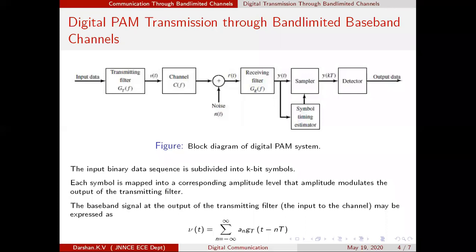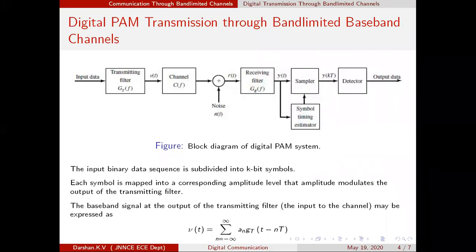Each symbol would be converted into a pulse of the corresponding amplitude. So over a period of time, you do not have a single pulse, you have a set of pulses, and that you are supposed to understand. Every pulse will originate after a duration of T, or in other words, after T seconds one pulse would be generated by the modulator or the transmitter. This is how you are supposed to understand pulse amplitude modulation.